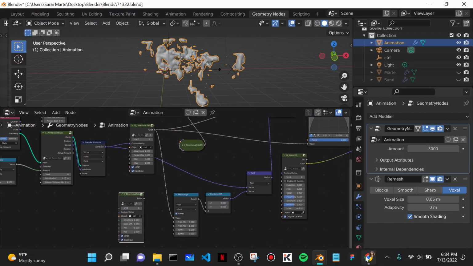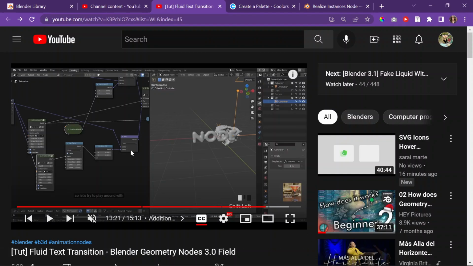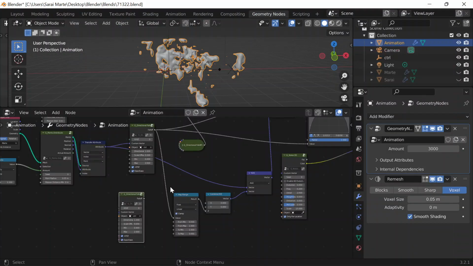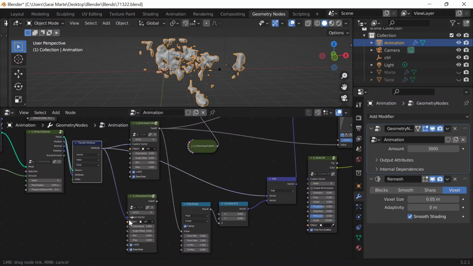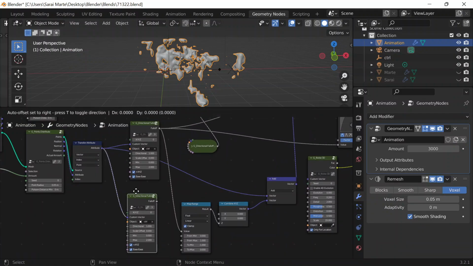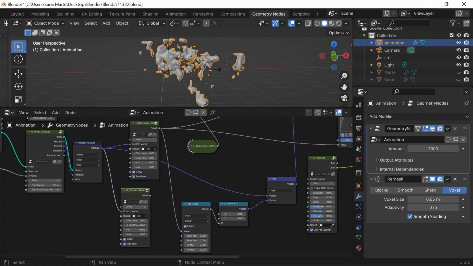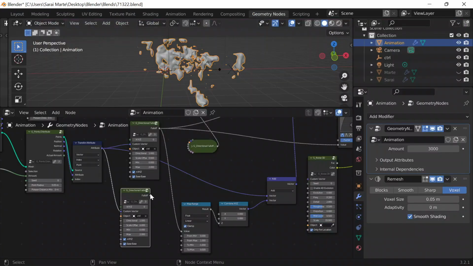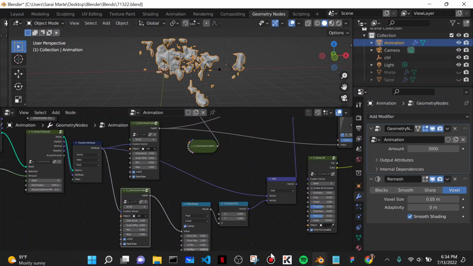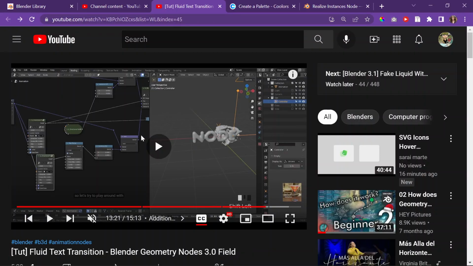And then this one is connected to the custom vector. Where is it? Of this attribute here. And then this is connected to the map range. The fall off is the value. And then